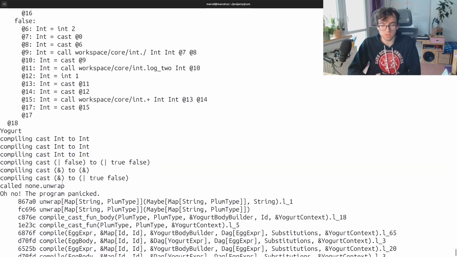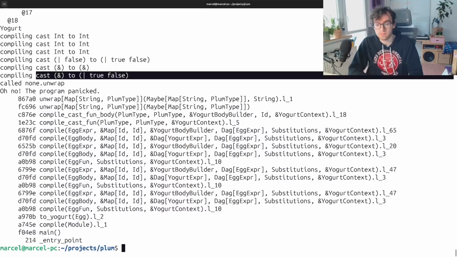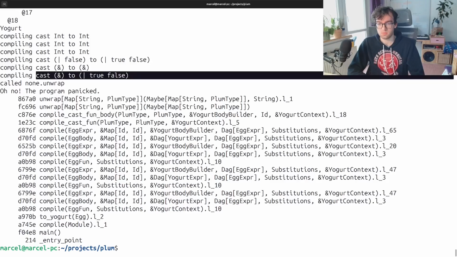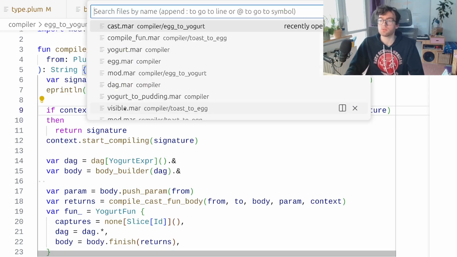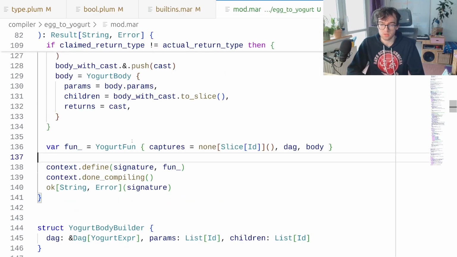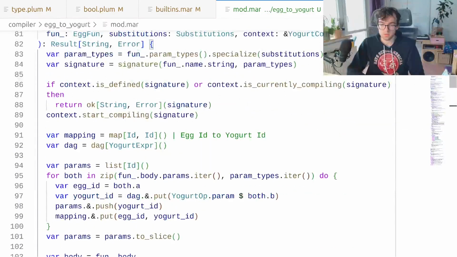Okay, end to end makes sense, makes sense, makes sense, makes sense. That does not make sense. This does not make sense. Yeah. Why is that called? Where is that called? I should maybe also print yogurt mod. Basically, when compiling a function, this one,